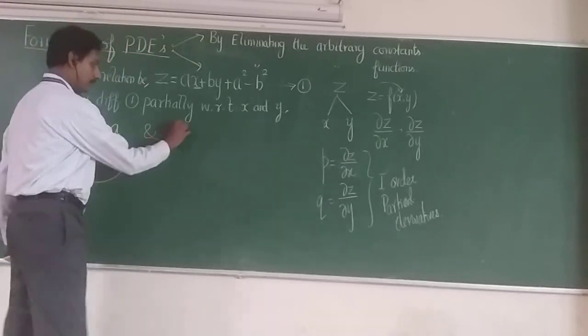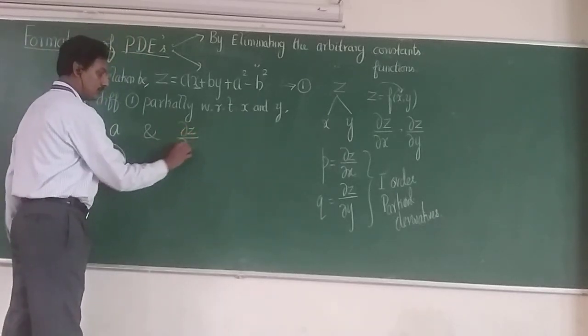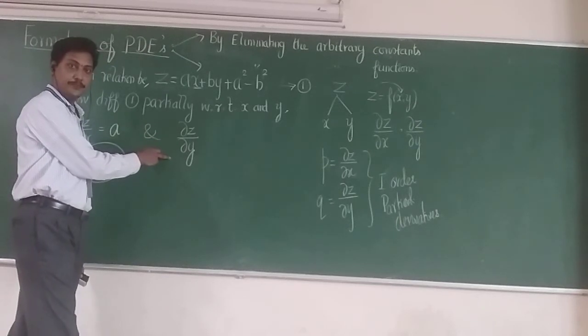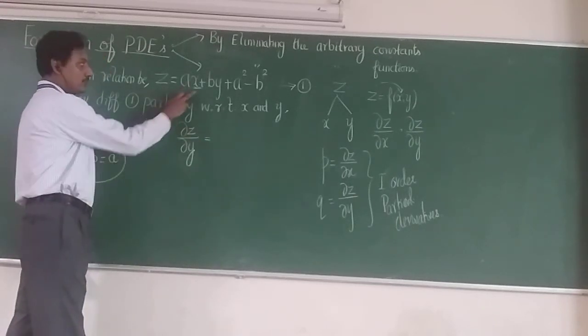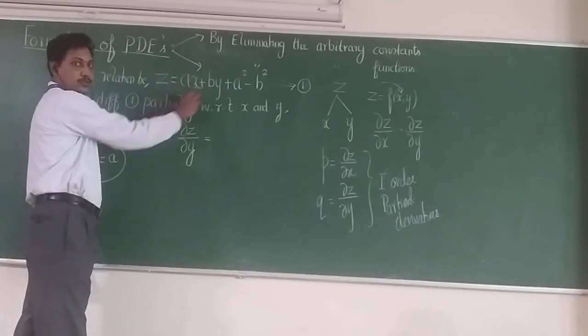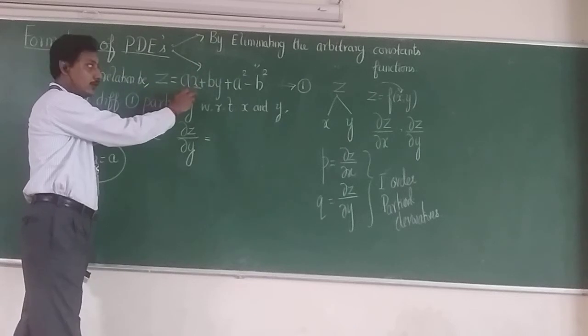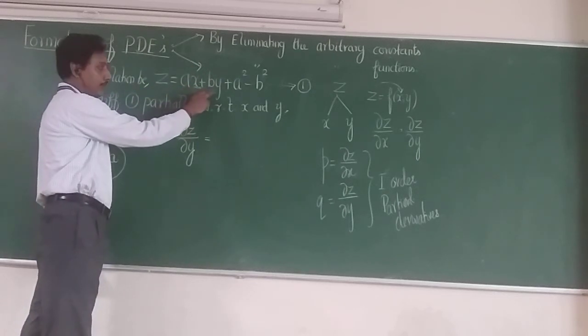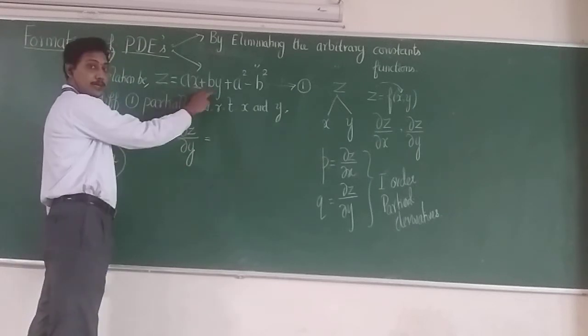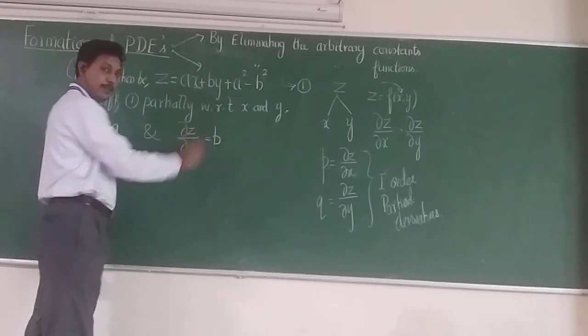The left hand side is z with respect to y, so it's a partial differentiation, so we use ∂. So ∂z/∂y is equal to, see that once again in equation number 1, this is ax. There is no y here, so this is a constant, so 0. What about the second one, the middle one? By. y is the differentiating variable here, so now y becomes 1, so the outcome is b.